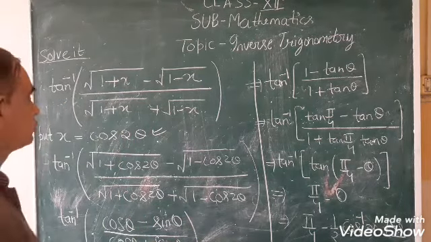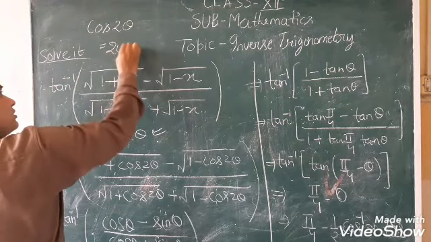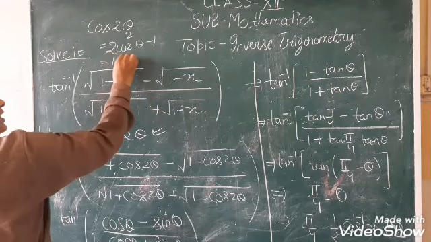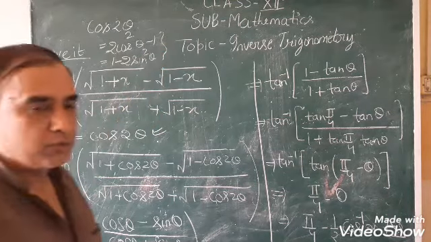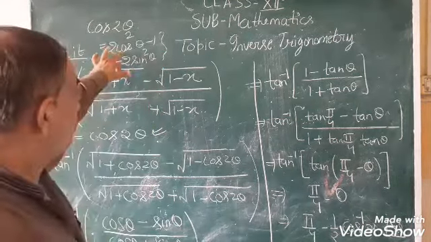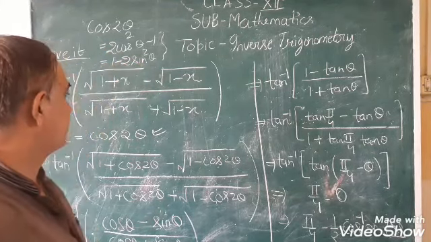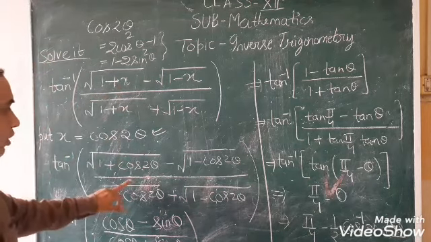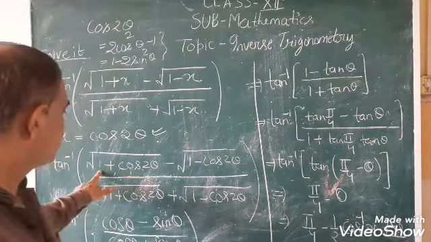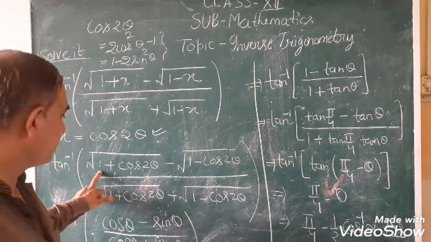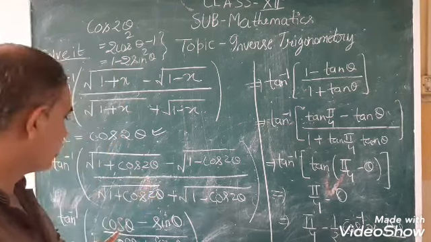We know the formula of cos 2θ. What is the formula of cos 2θ? That will be 2 cos²θ minus 1 and 1 minus 2 sin²θ. Actually there are three formulas, but we are using two formulas here. First one is 2 cos²θ minus 1 and second is 1 minus 2 sin²θ. So if we put 1 + cos 2θ equal to 2 cos²θ, the minus 1 and plus 1 will cancel out and the remaining term will be cos²θ. And what will be the under root of cos²θ? It will be cos θ.